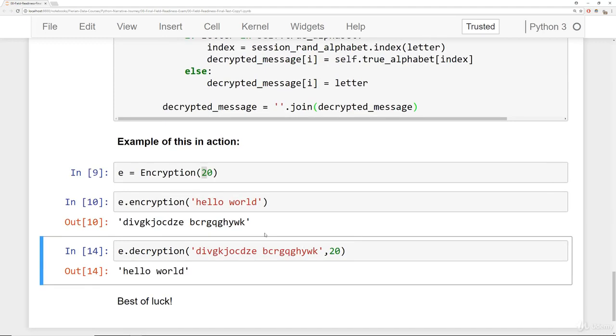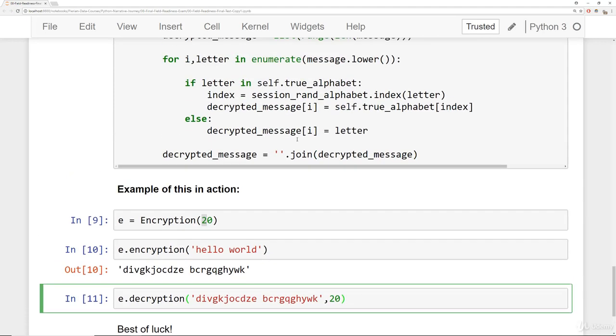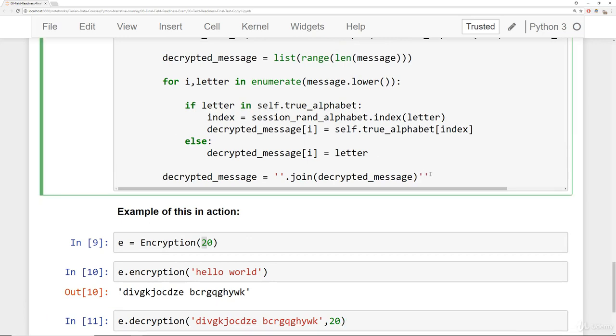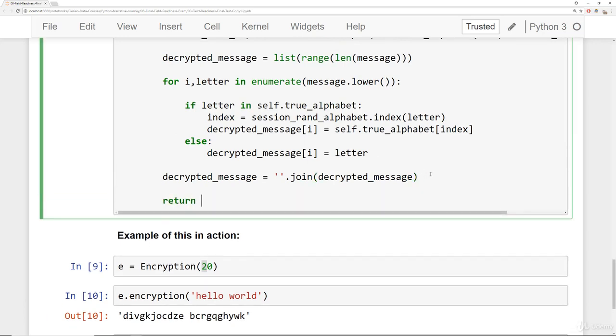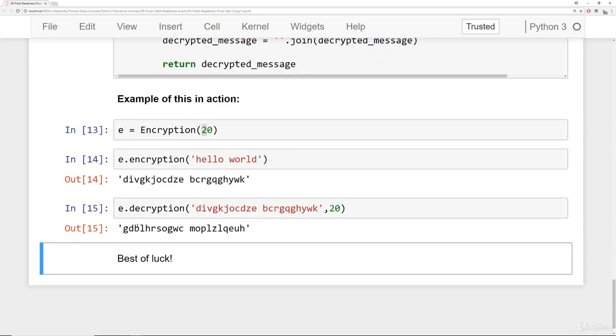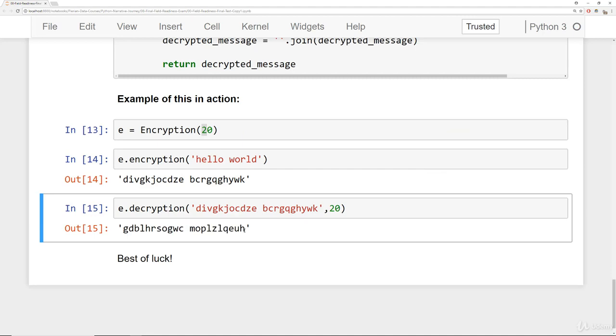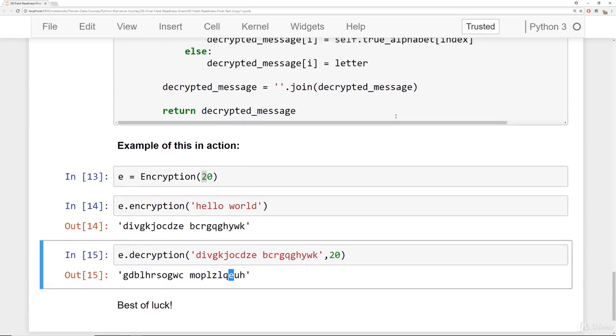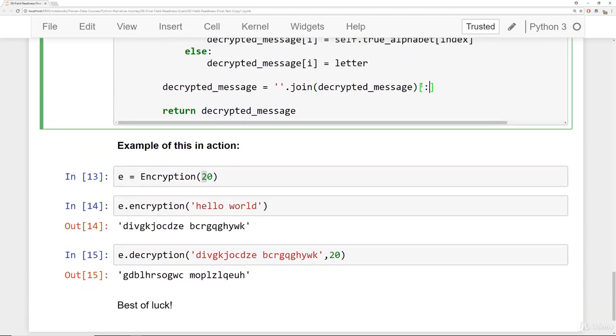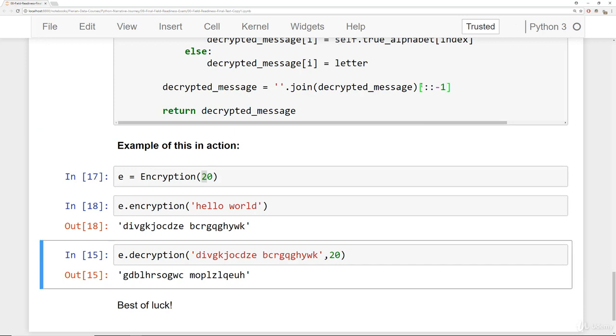So my encryption of hello world, and if I pass in this code here with the seed 20, well, let's return our decrypted message just so we can actually see what the result is. Return decrypted message, run this, and I get back something that looks like this. So right now, I still need to reverse this string. I can see here I have HELLO. So let's reverse that, and I can simply reverse by using slicing. So let's just do :: -1 off of this decrypted message, and then run these again, and I can see